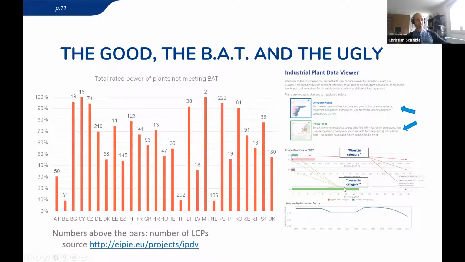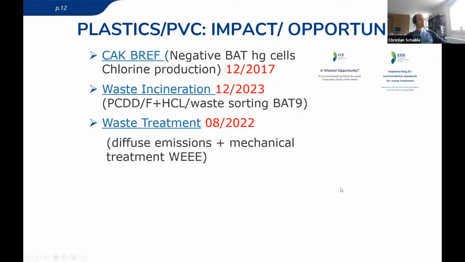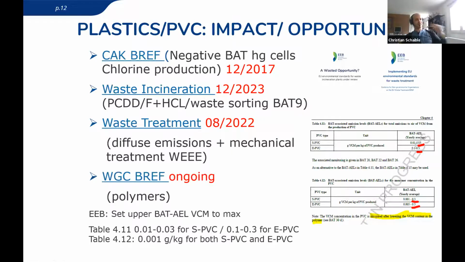Okay, some quick words on impacts for PVC, plastics. I think there are a few BREFs which are interesting for the PVC discussion. The first one, I would say, chlorine production, is a basic ingredient for many chemical downstream users, but also for PVC production. We have a negative but there. Mercury cells are prohibited to produce chlorine, and the deadline was December 2017. It hit quite a lot on those plants like Ineos and Inovyn, for example. They had to convert, and there were some outages. And I think here we made some good move.